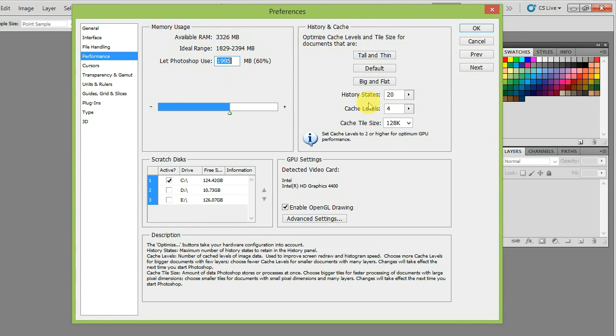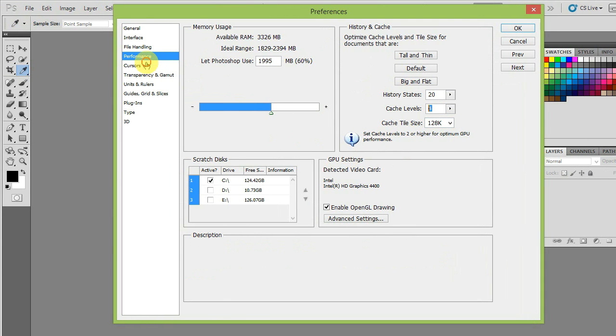This is all about history. It means I can go back 20 steps of what I have done, and after going back, if I want to come forward, I can come forward 4 levels, and the size of that is 128 KB.